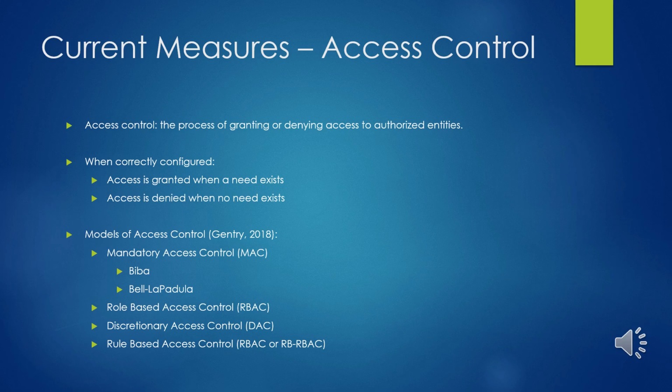Several models of access control have been developed and utilized over the years. The four general approaches are mandatory access control, role-based access control, discretionary access control, and rule-based access control. Within mandatory access control, there are two popular security models known as BIBA and Bell-LaPadula. The BIBA model focuses on the integrity of the information. With this model, subjects and objects are assigned classification of trustworthiness or reliability. Users must have the same level of classification or lower when viewing, and must be at the same or higher classification when writing.